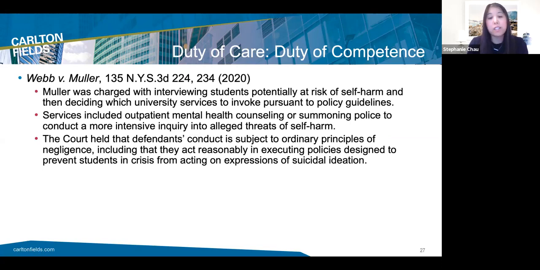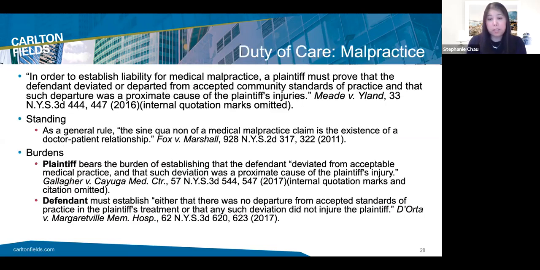So again, this dovetails with the concept that even if a duty to care does not attach to the relationship at the outset, the duty may arise from the voluntary assumption of responsibility, and that a duty of care and a responsibility to act reasonably would apply. So the next area, related to this duty of competence, is the area of malpractice. And typically malpractice is tied to professional obligations or